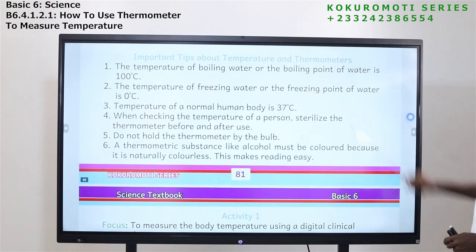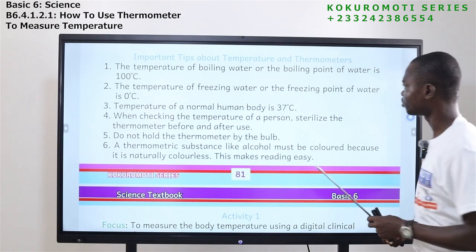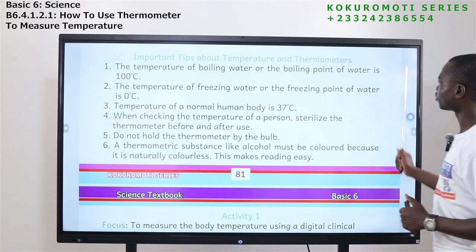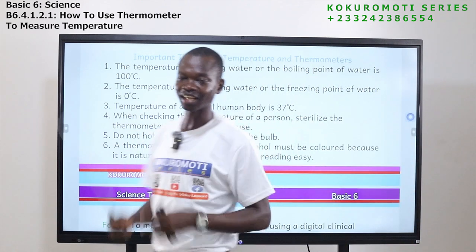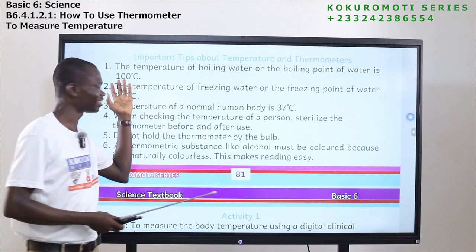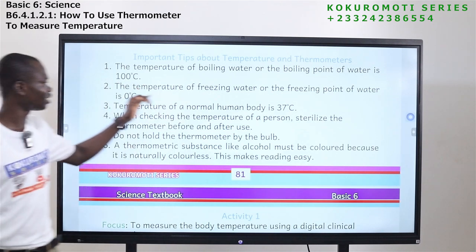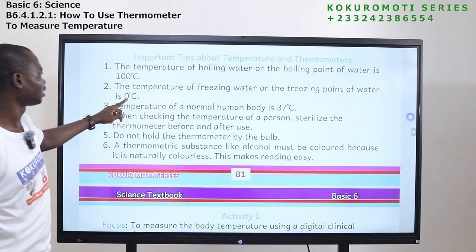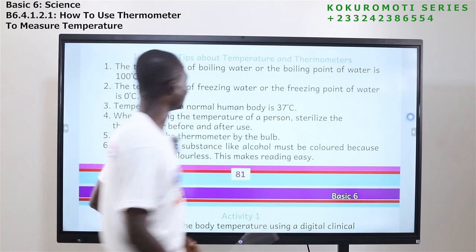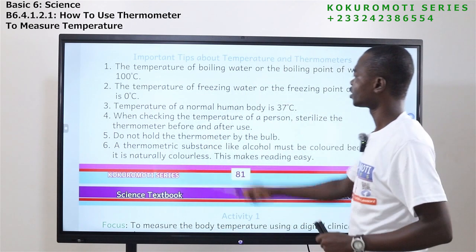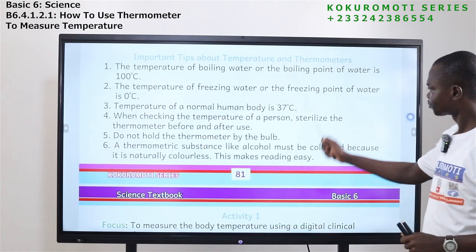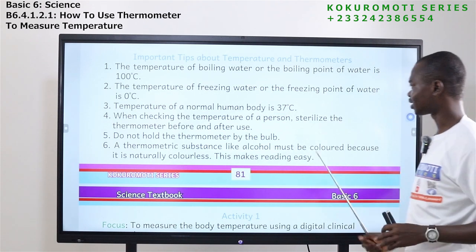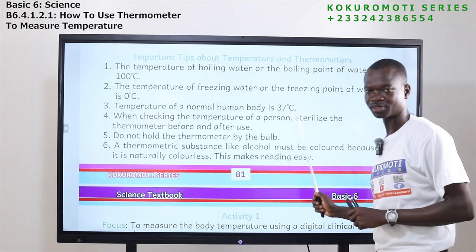Okay, so let's look at key important things about temperature and thermometer. One, the boiling point of water is 100 degrees Celsius. So if they ask you what's the boiling point of water, it is 100 degrees Celsius. Two, the freezing point of water is 0 degrees Celsius. Number 3, the temperature of a normal human body is 37 degrees Celsius. So if you are a normal person, you are not sick, your temperature should be 37 degrees